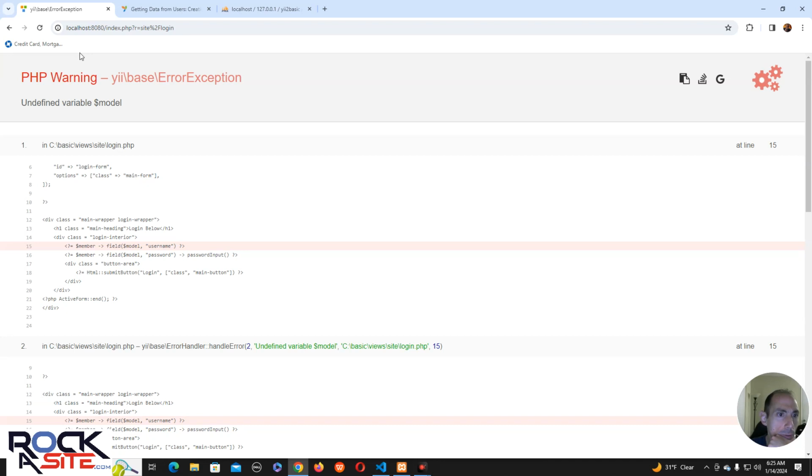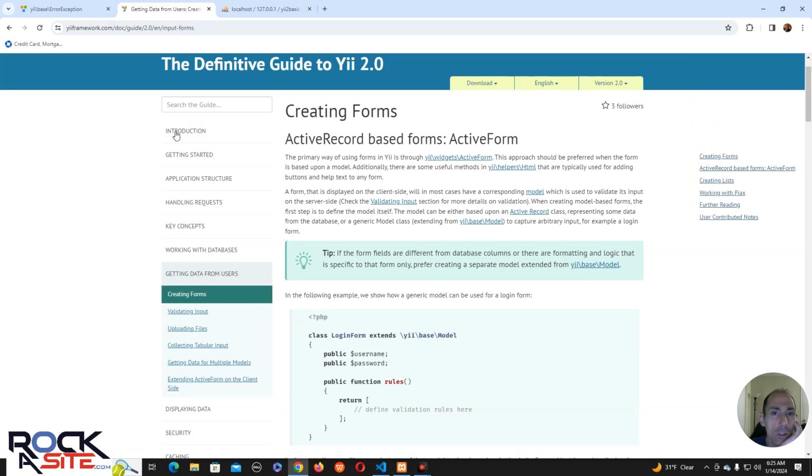Basic size. Where are you getting the model from? All right, so hold on. Primary is